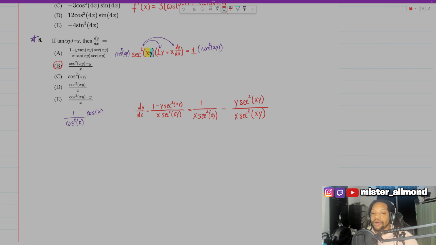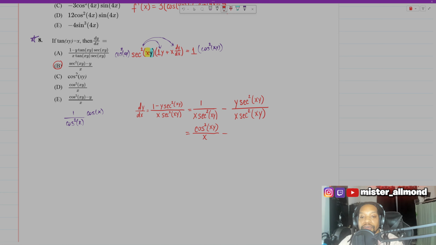Because look, now on that second fraction, something cancels. I don't know. Let's see. I think I might have cooked. Because 1 over x, well, really 1 over secant squared is, what do we say? Cosine squared. And then that x is still on bottom. So this would be cosine squared of xy all over x